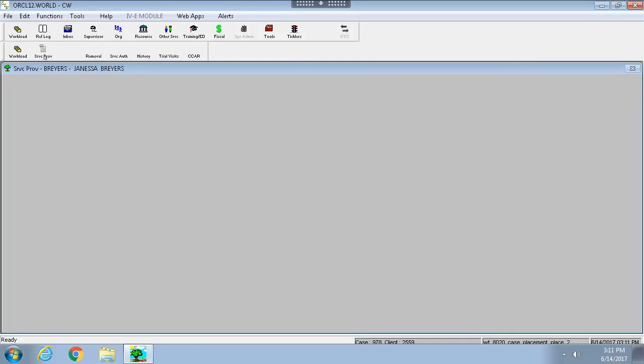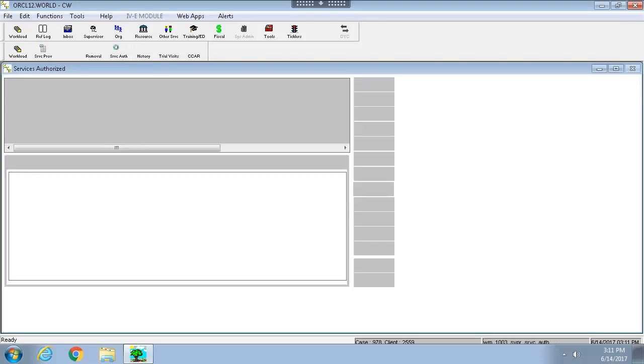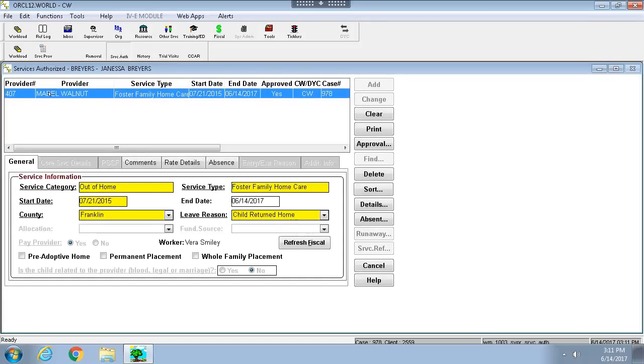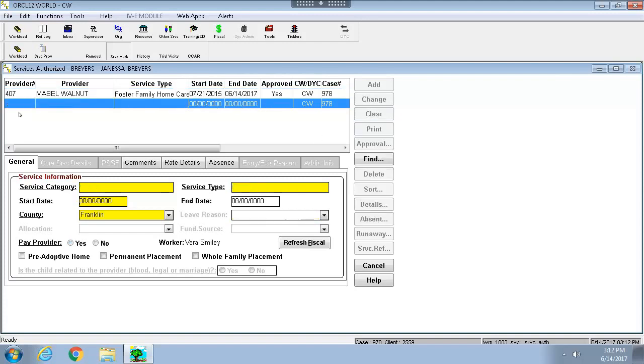in focus. So this is a similar process when you're opening a removal, when you place kids in foster care, and you also have to do a service authorization when kids go into care because we have to pay the foster parents, which is already pre-populated in this particular example for Janessa. So let's say I wanted to start a service authorization for core services because she's going to be, for example, going to therapy. So the first thing I want to do is to hit clear to open up a new